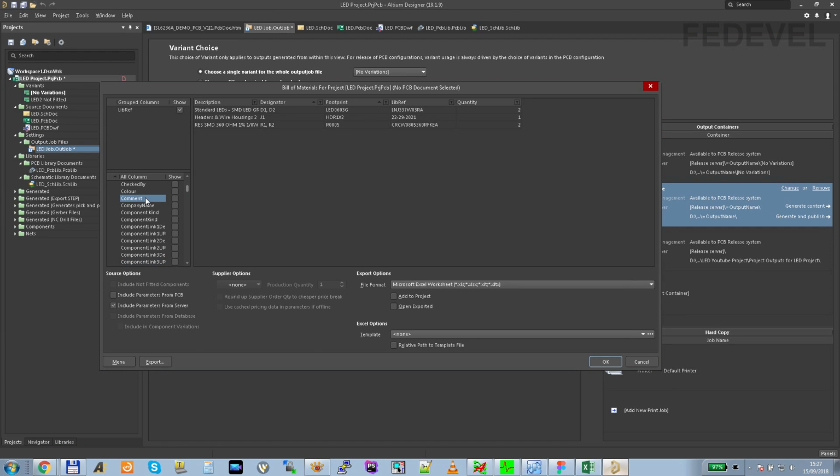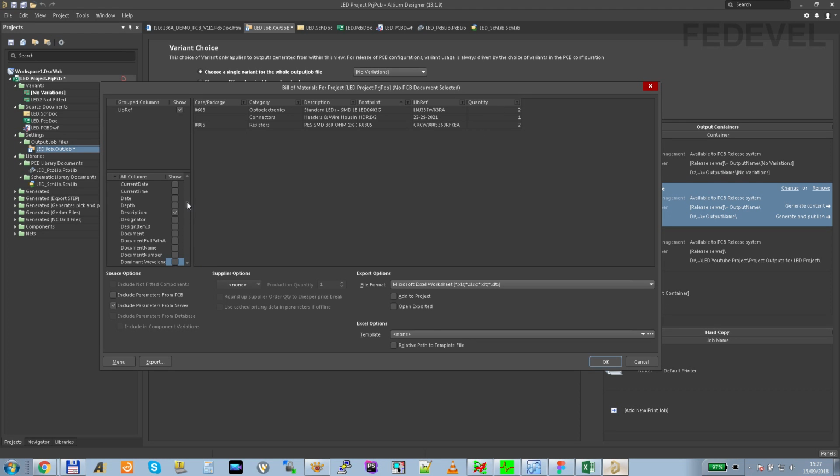Then we need to enable case, I remember, case package. We need to enable category. We need to enable description. Okay, description is enabled. We don't need designator, so left click to uncheck this. And also we need to enable quantity. Quantity is already here. Okay, perfect.